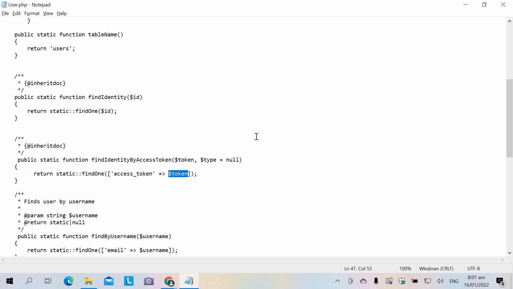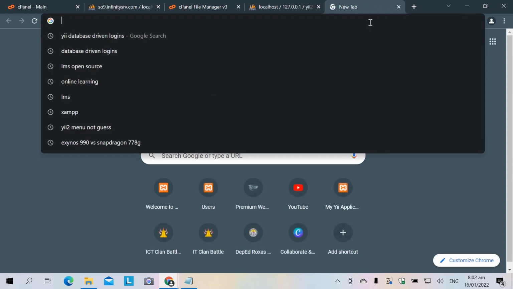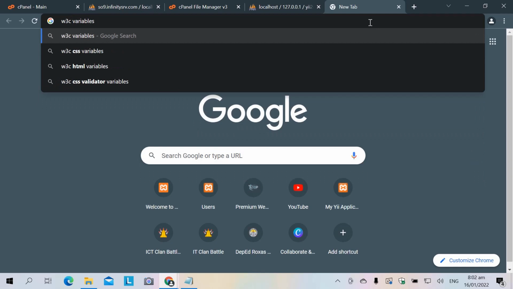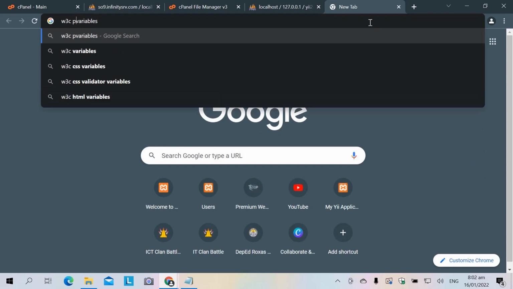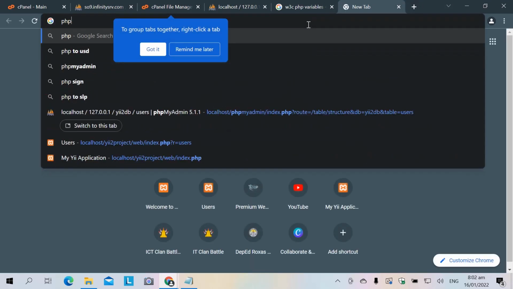So variable, usually it's a, in PHP, right? PHP. So variable starts with the $ sign for PHP. Since we're using PHP, right? PHP